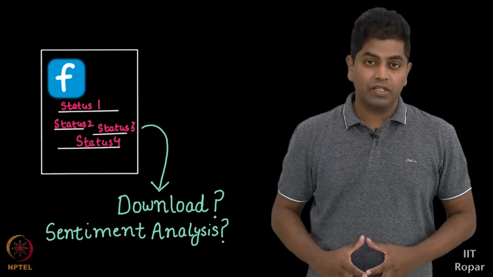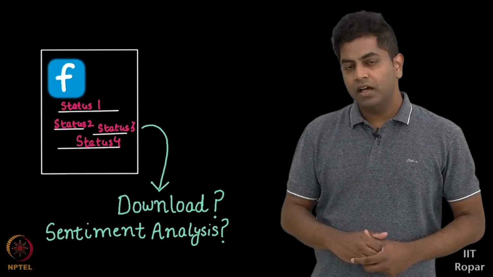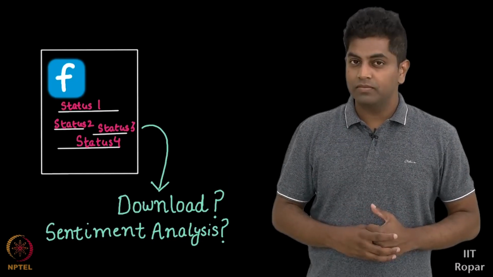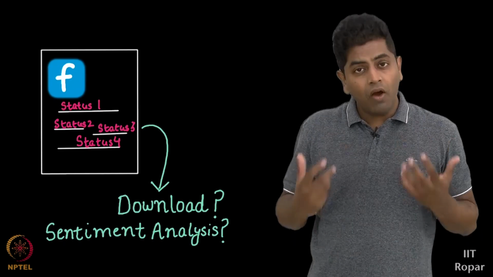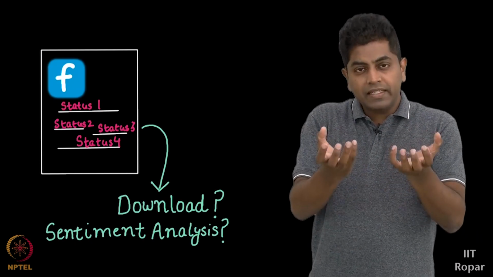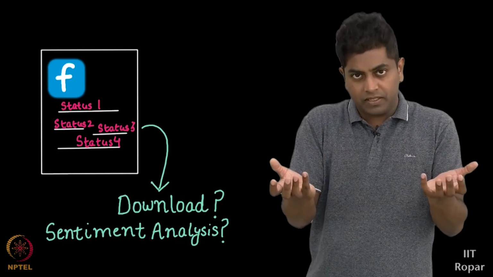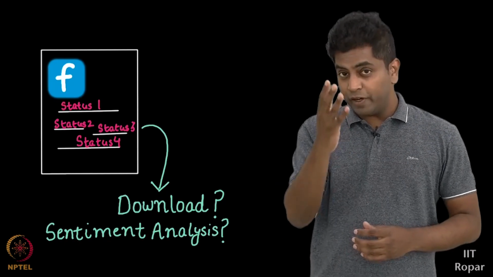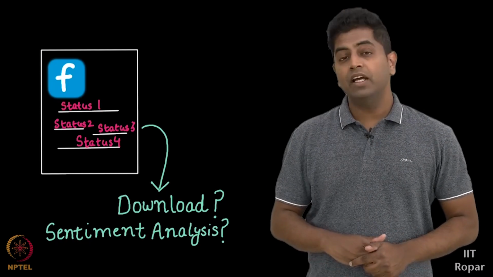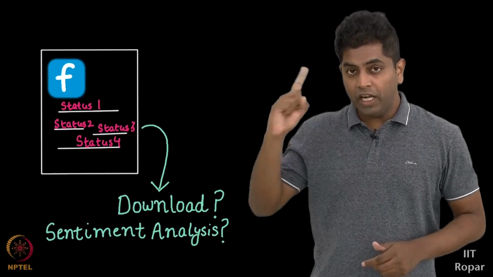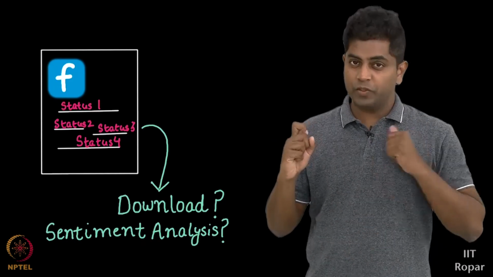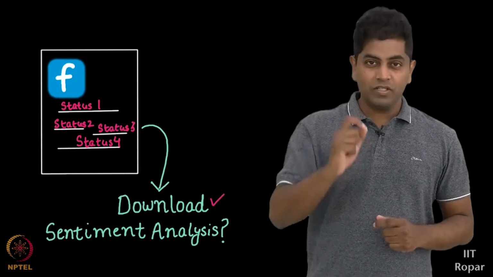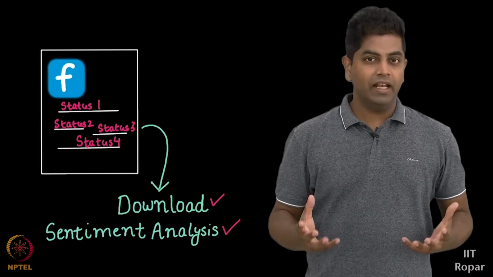You see, you can ask a lot of questions, but the hurdle here is how do I download my data, which is 10 years old? Once downloaded, how do I measure the sentiments of my status updates? This, in fact, is very easy to do today. In fact, you can do it for your own Facebook data as well, and we are going to illustrate it for you. Point number 1, we'll tell you how to download your Facebook data. Point number 2, Python to our rescue. We will tell you how to use the exact Python API to analyze your Facebook data.